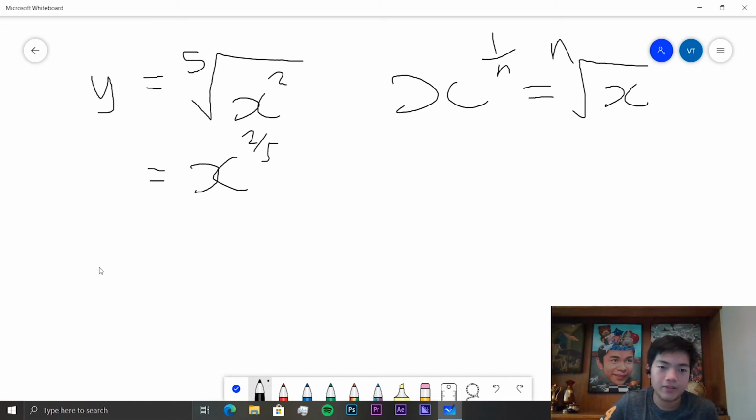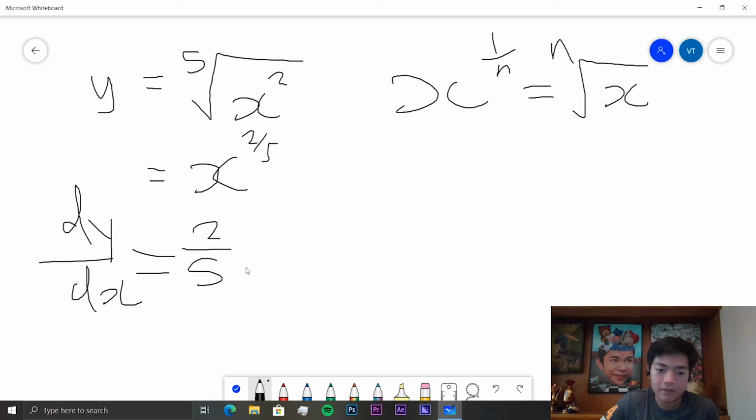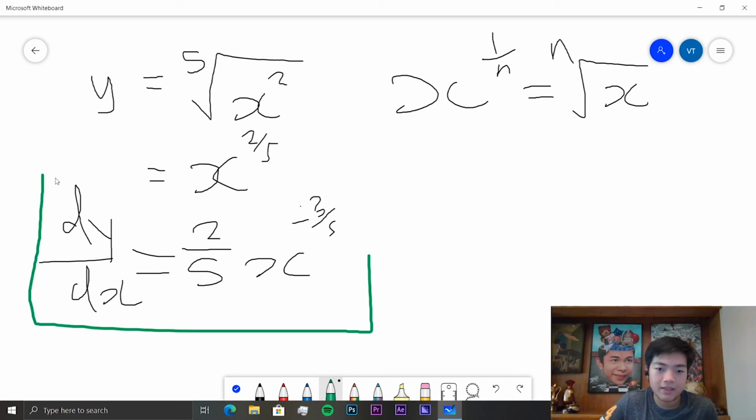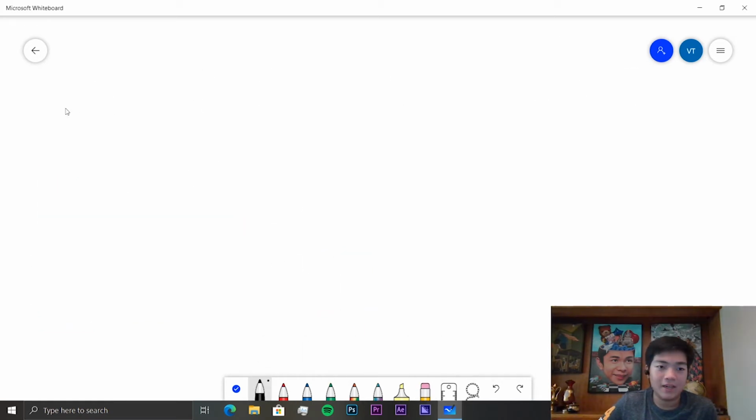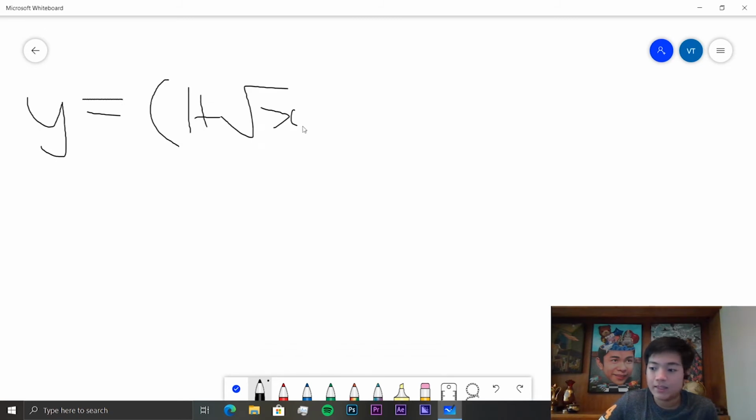So getting the derivative of this, dy over dx, will be equal to, bring the power down, 2 over 5, x to the 2 over 5 minus 1, which is negative 3/5. So this will be equal to 2/5 times x to the negative 3/5. Okay. And then on to the final question, we have y is equal to 1 plus square root x